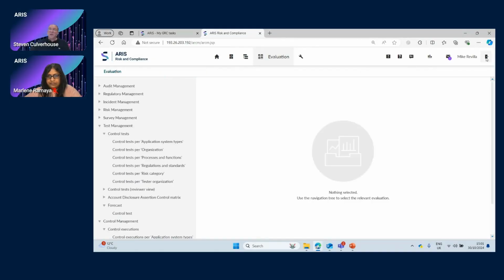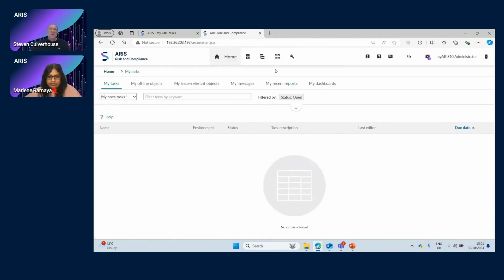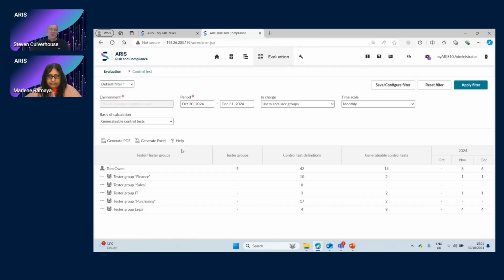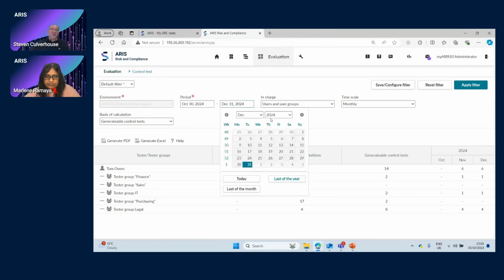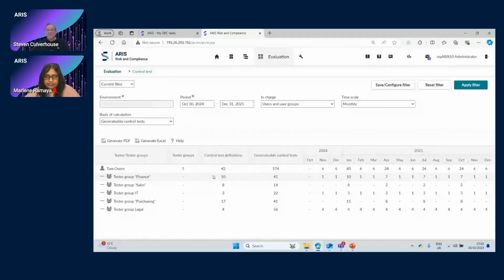I'm going to very quickly sign out as this guy and sign in as a manager role, and then I'm basically finished. So as a manager role in evaluations, you also have the ability to see the forecasts. For each of the tester groups you've got, it says how many test definitions you have and how many are going to be generated in the period you're looking at. Okay, so we're only looking at the last quarter, but if I change this to 2025, for example, apply the filter, it's now looking ahead for a year and a quarter, and it's saying, okay, over that period,